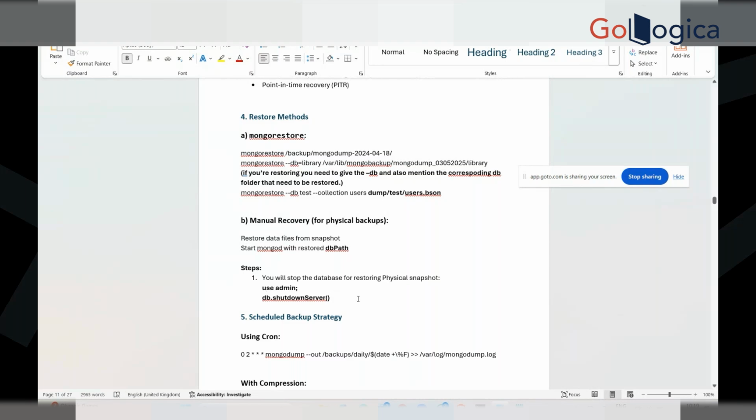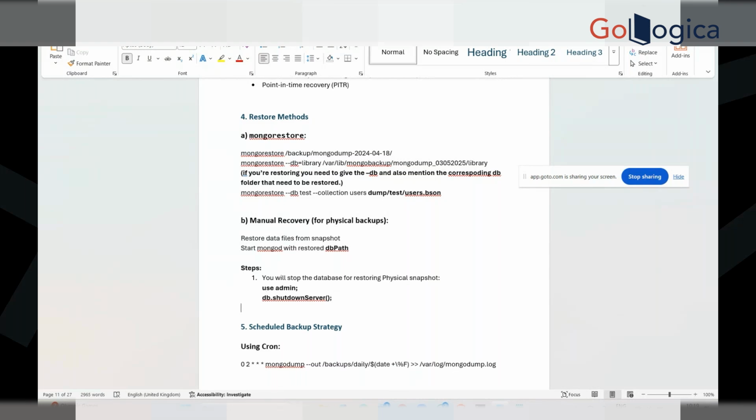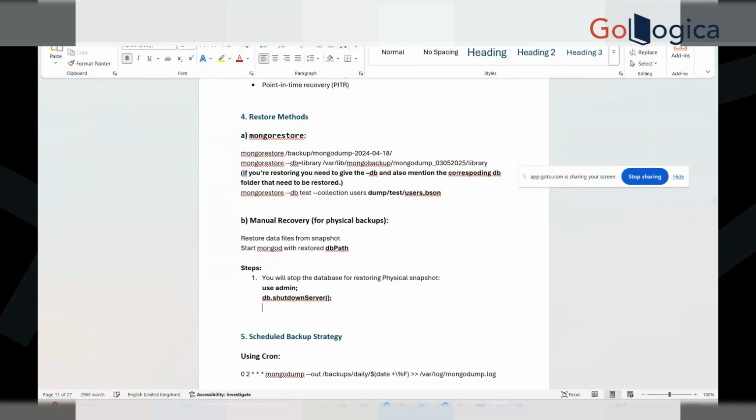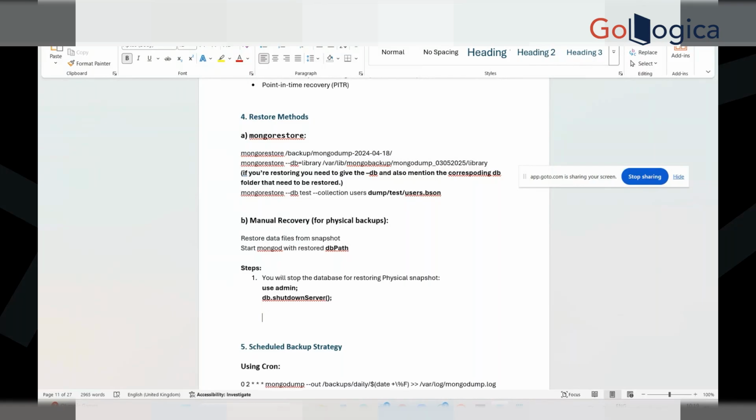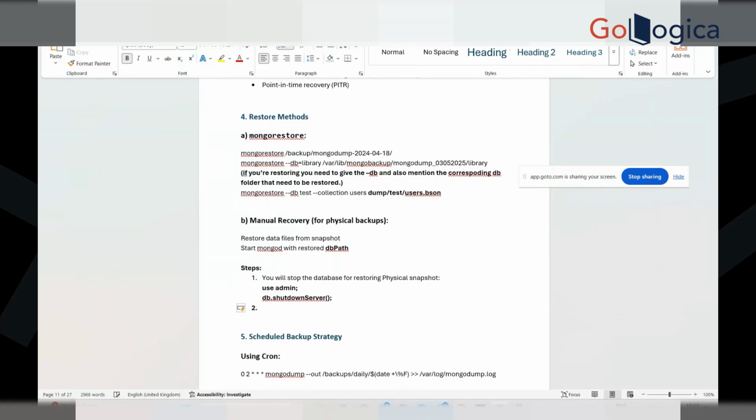Okay. Second step, what is the second step you will do? Once the database is stopped, you need to replace the